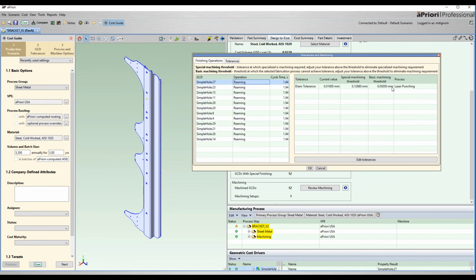So if I back this 10,000 tolerance off to a little bit higher than 50,000, I can remove the need for machining, greatly reducing my manufacturing complexity and my overall cost to my